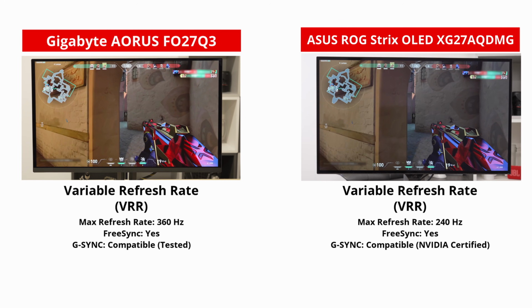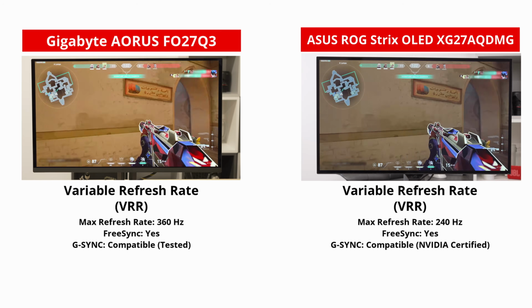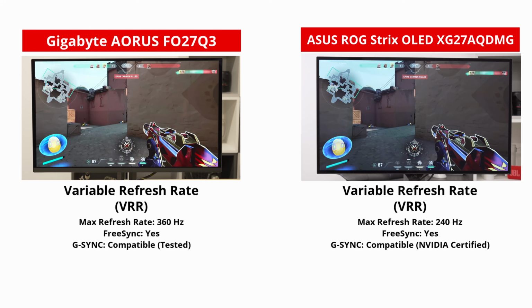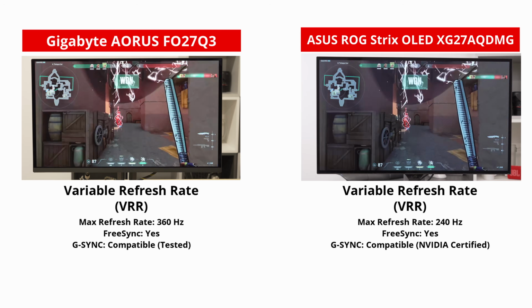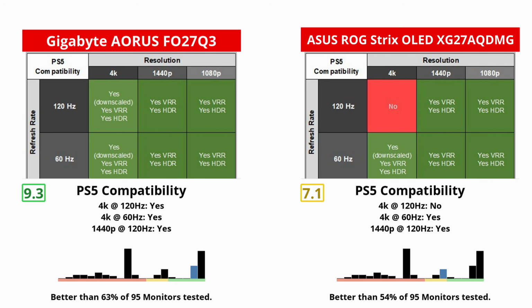Like we mentioned at the start of the video, the Gigabyte has a higher 360Hz refresh rate compared to 240Hz on the ASUS. This is useful if you have a setup that can maintain such high frame rates. Plus, the Gigabyte has HDMI 2.1 bandwidth, so you could reach the max refresh rate over HDMI. This is also useful for console gaming, as the Gigabyte supports any signal from the PS5 and Xbox Series X